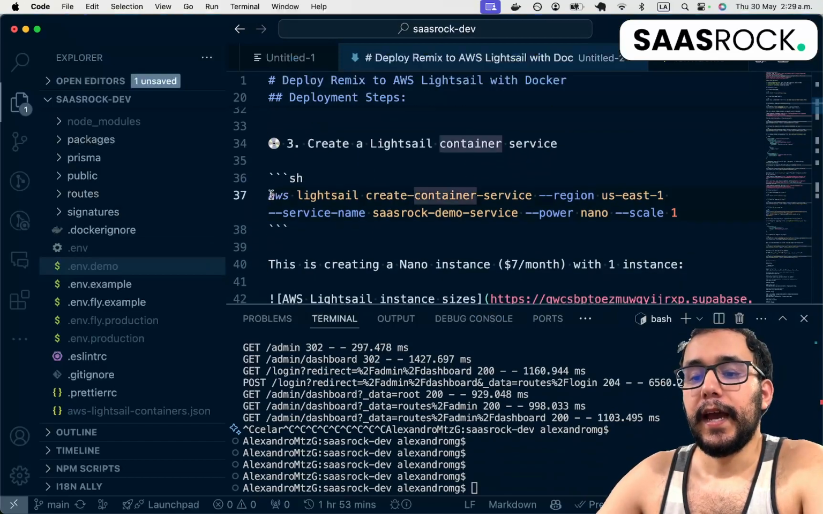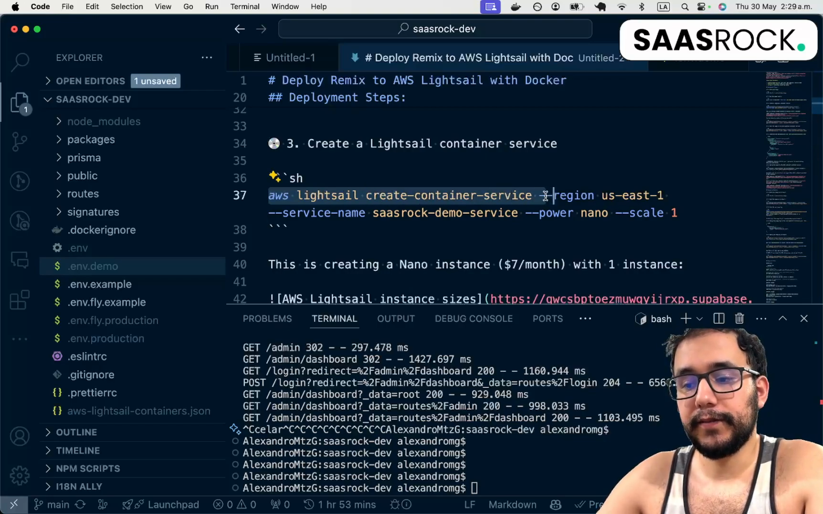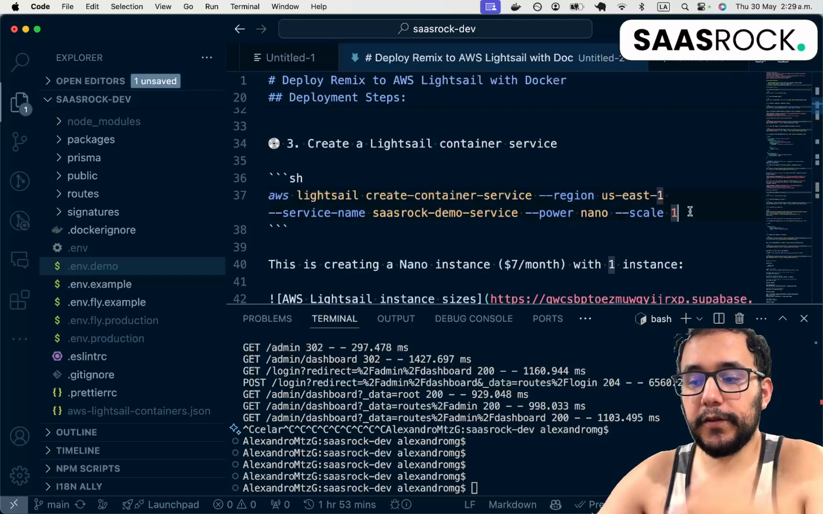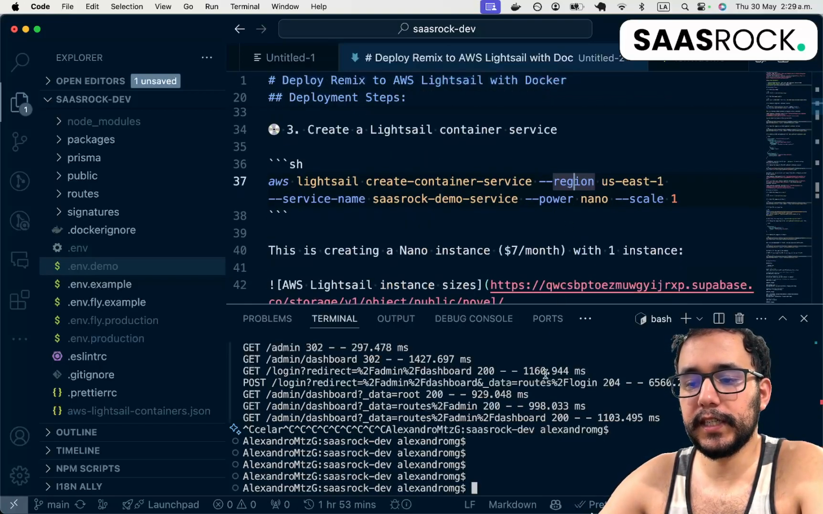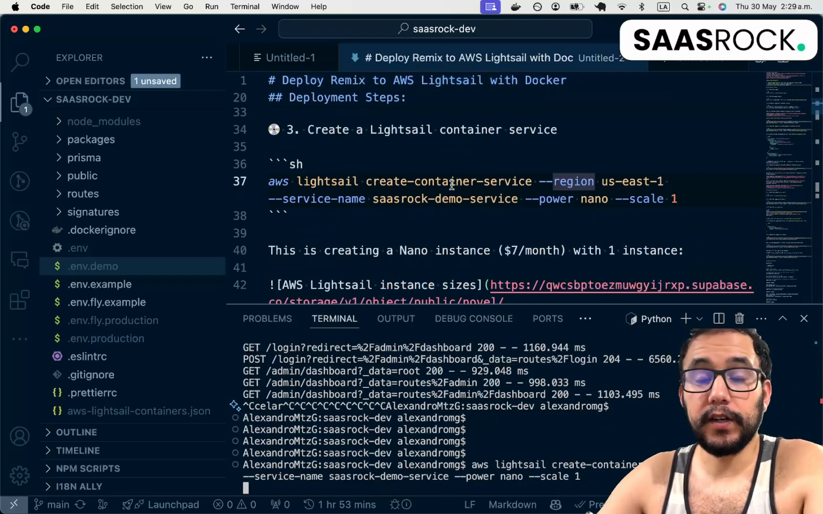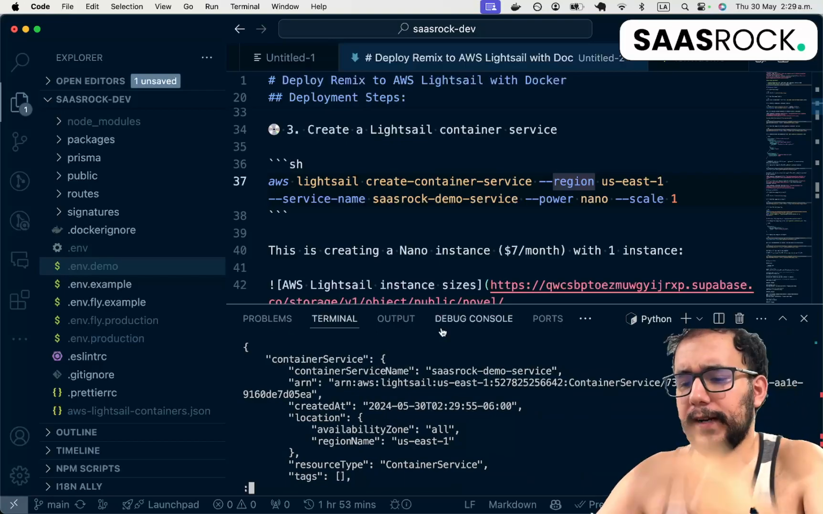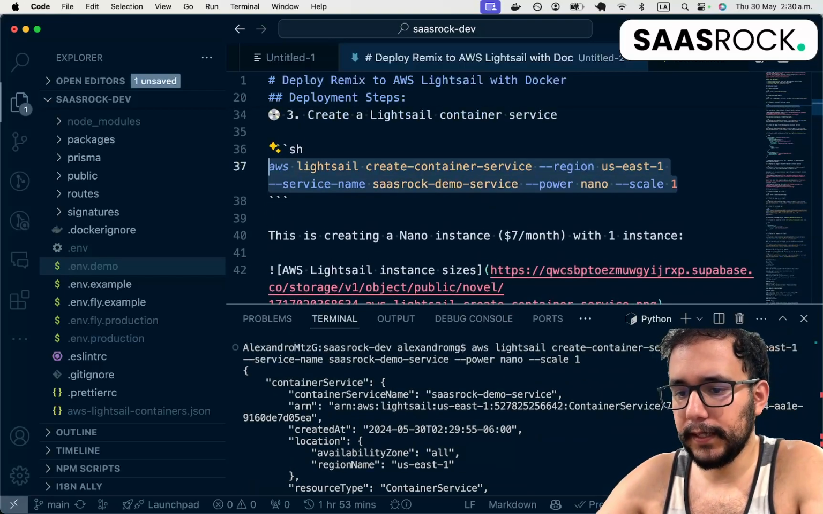Now we're gonna use AWS Lightsail create-container-service on this specific region with this service name and this instance size, and the number of instances will be just one. This nano is $7 per month. It's not free, but I think there's a trial plan. Well, I just run this command,